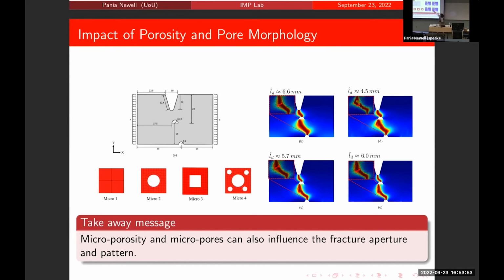Case 1 up there corresponds to the micropores. As you can see, the fracture path is very smooth. There is no pore, so it's multi-scale, but with no underlying pore. This case and this case have the same porosity. In this one, the fracture path stays smooth because we are using circular pores. But if you look at this one, there is a zigzag fracture pattern, and that's the result of the underlying microstructure pores having sharp edges. Also, the change of the aperture.